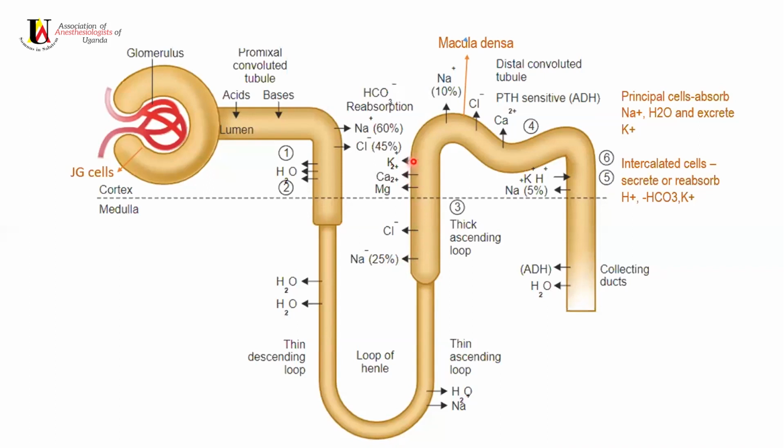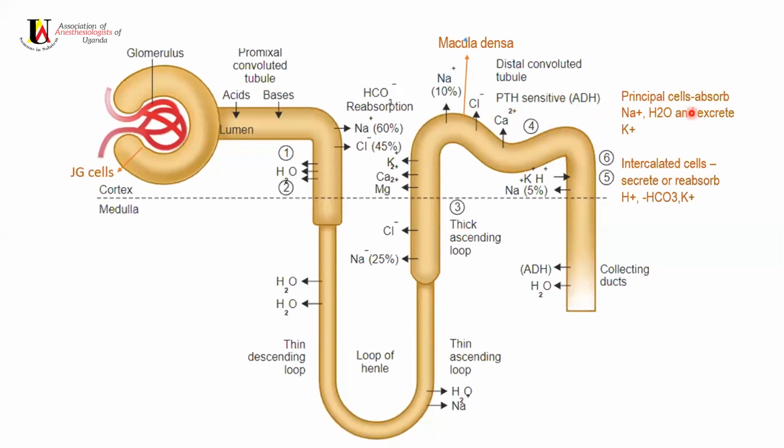Magnesium and calcium are highly reabsorbed along this thick ascending limb, until in the distal tubule, we have absorption of sodium chloride. When we have low calcium in serum, there is a production of the parathyroid hormone that increases reabsorption of calcium. And then in the distal convoluted tubules, we have the distal part of